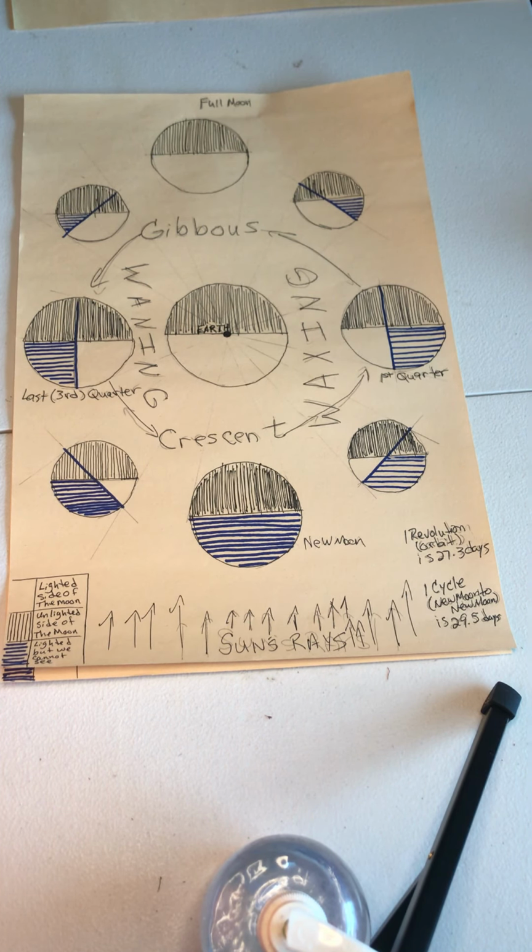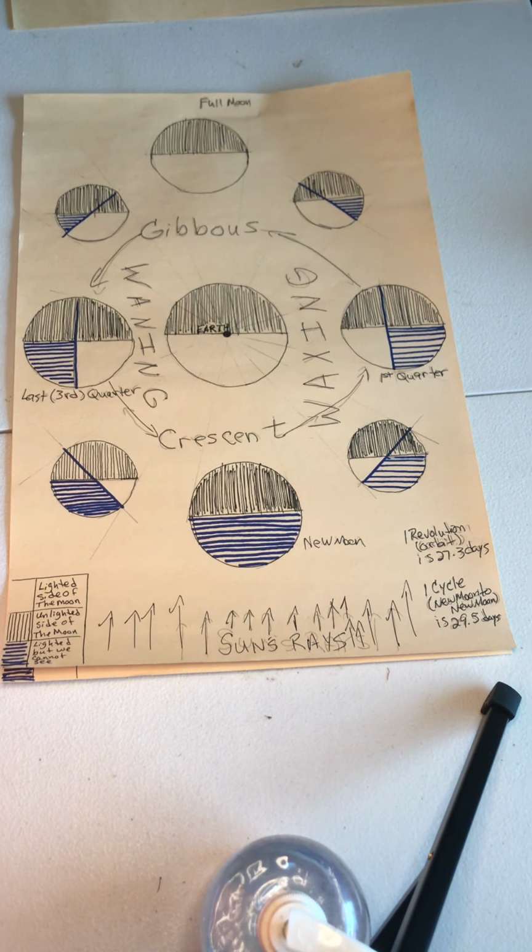Not much to write today. I'm going to show you where I wrote it on the poster, and then I have another poster to try to explain it to you. And this has to do with time, on how long it takes the moon to go around the Earth in its orbit, or one revolution around the Earth, and how long it takes it to go from new moon to new moon, or any moon to any moon, like new moon to new moon, or full moon to full moon, same amount